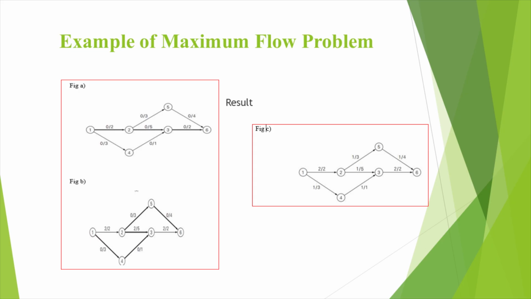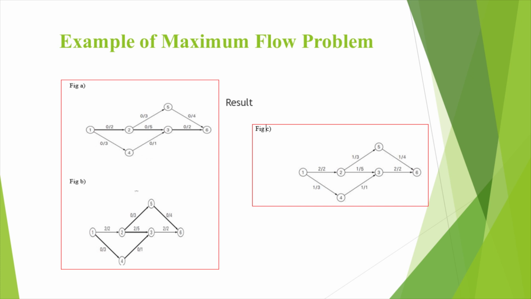For example, the edge from node 1 to node 2 has capacity 2, shown as 0 slash 2, and from node 2 to 3 has capacity 5. It is represented as 0 slash 5. At this stage, no flow has been sent from the source to the sink. Next, in figure B,